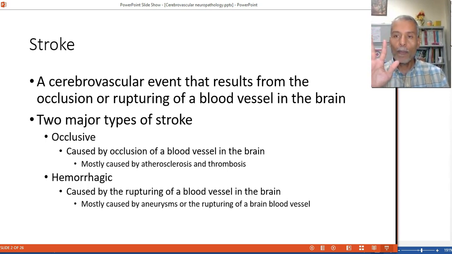So if there's a blockage in one big artery, it is going to affect the many branches above it. If there's some kind of plaque in a major artery, and a piece of that plaque is dislodged because of the blood pressure, it is only a matter of time before this tiny